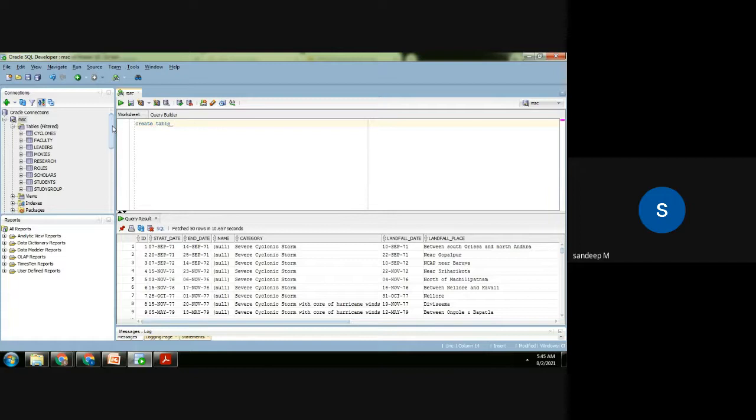Say for example, we are going to create a small table, jobs. Create table jobs, and then you have to do the columns. Say for example, I use the job ID, it's an integer, and name, varchar. This is how you create a simple table. Then we run it. So I'll be creating a table called jobs. That is a blank table. It has not got any data in it. Let's wait for the creation of the table.